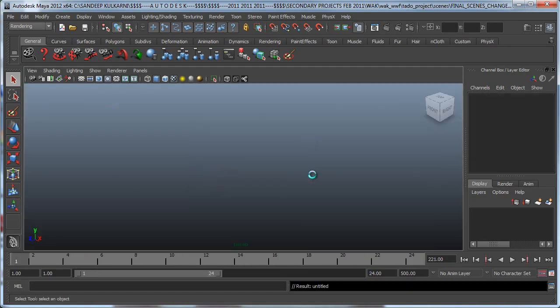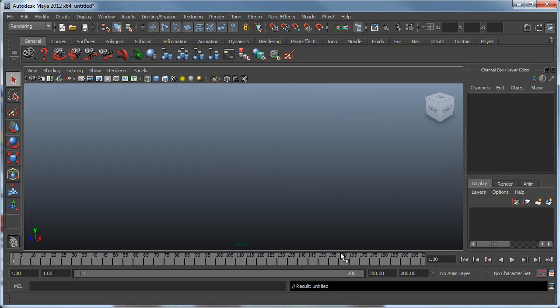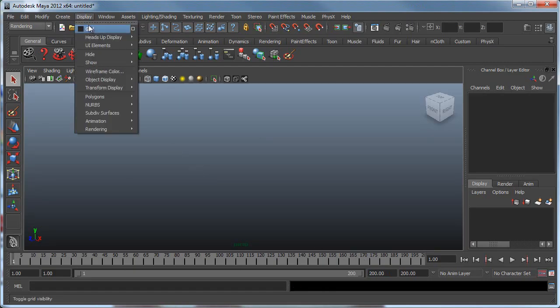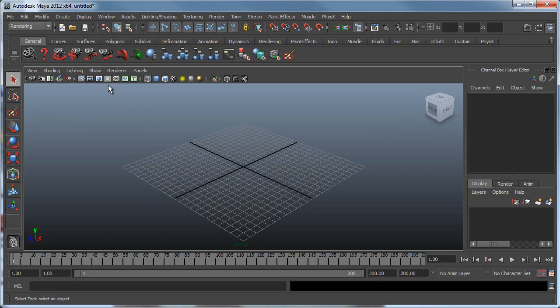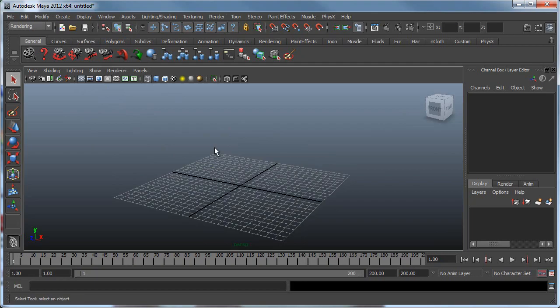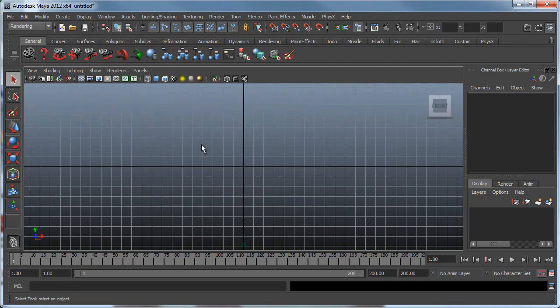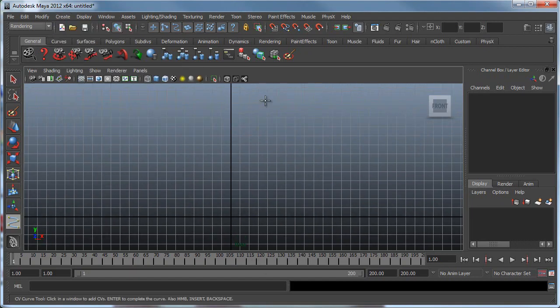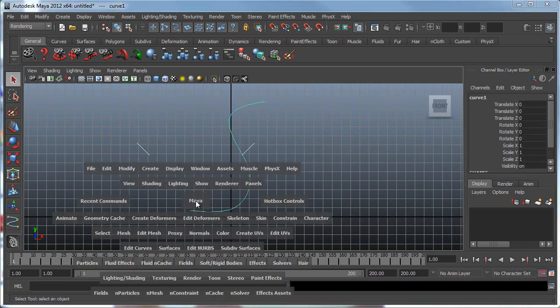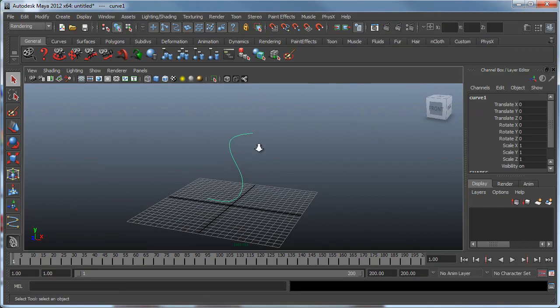I'm making a new scene right now, and let's say I have 200 frames right over here. Let's display our grid again right over here just by clicking on that button. For the curve flow, I'm going to go to my front view and make a simple curve. So let's say something like so. I'm back in my perspective view,